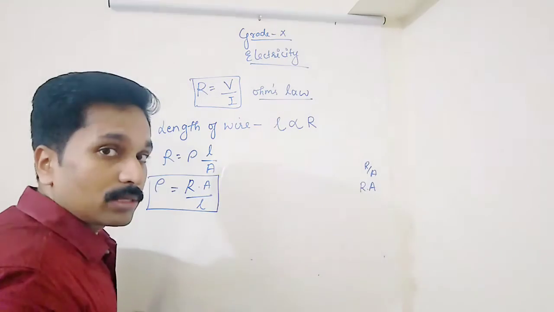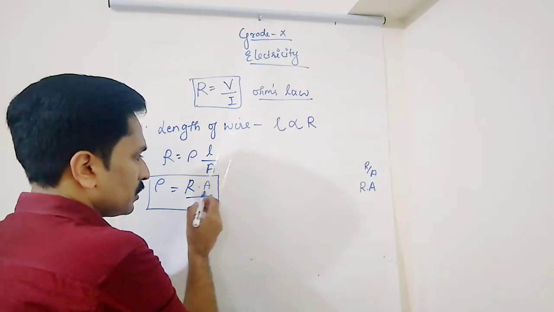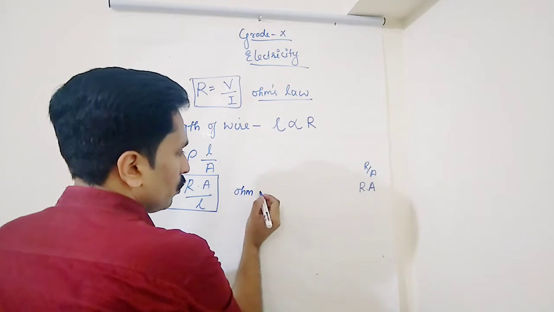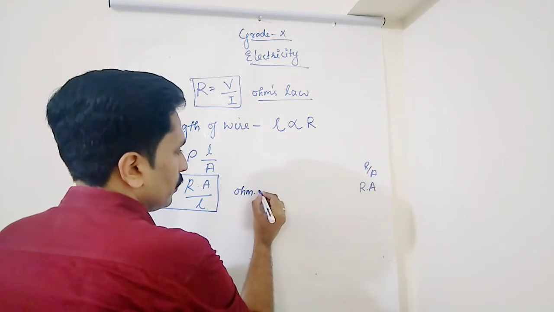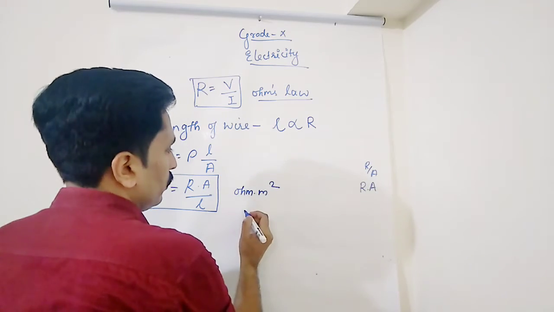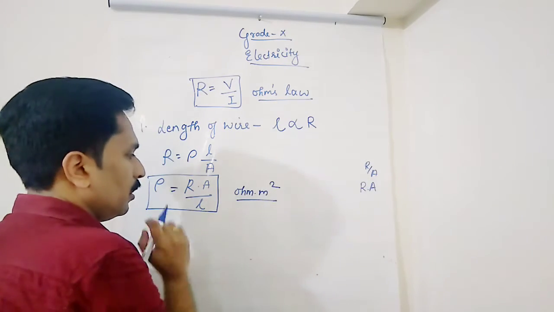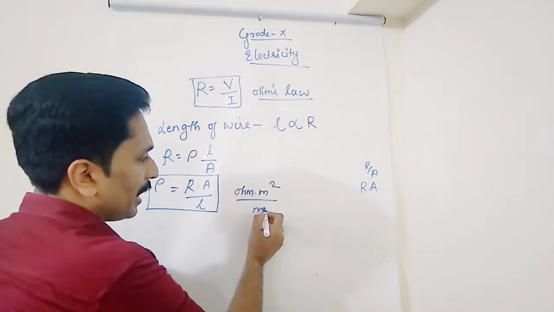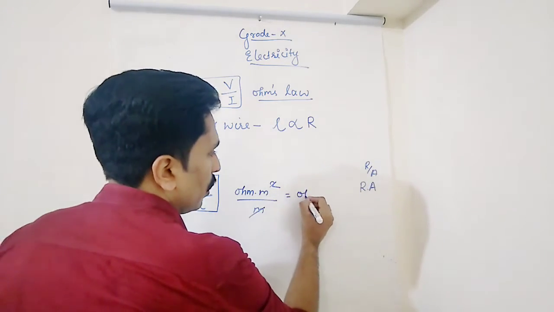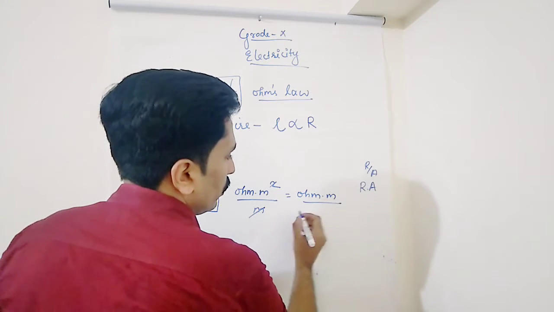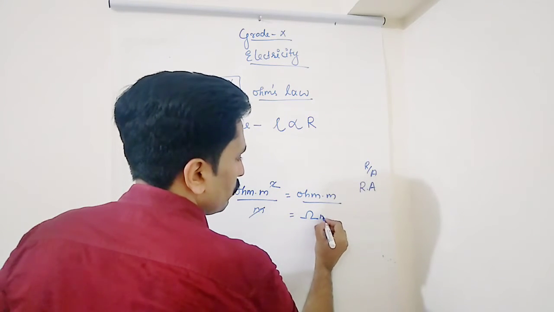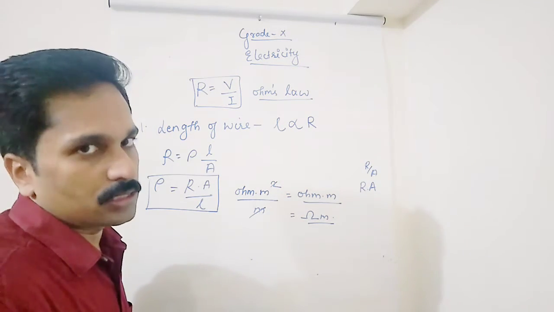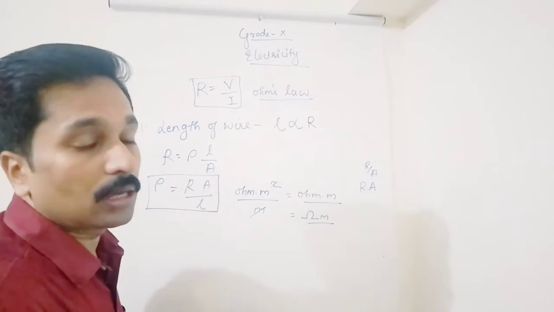So what will be the SI unit for resistivity? I said formula is resistance into area of cross section. So resistance unit is ohm, as I have taught you, and area's unit is meter square, fine, divided by length. Length is also termed in meters, as you know. So we will cancel this and this, so you will get ohm meter, or else you can write as the omega symbol. So ohm meter is the SI unit for resistivity. So I think that is clear for all of you.